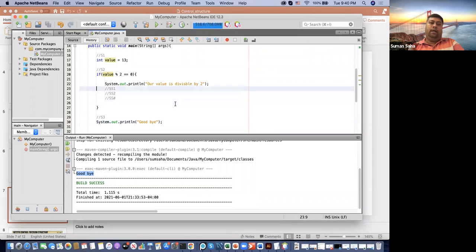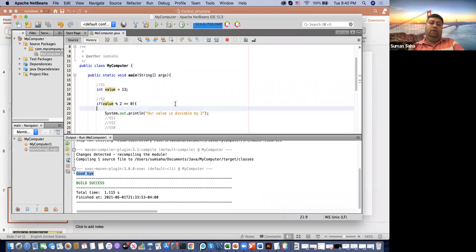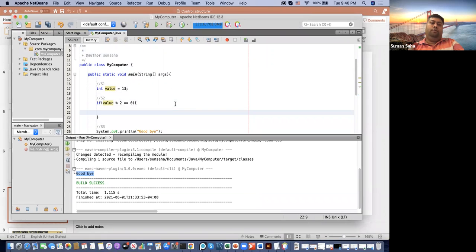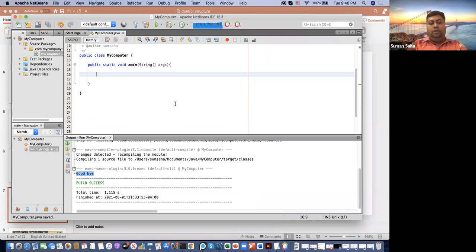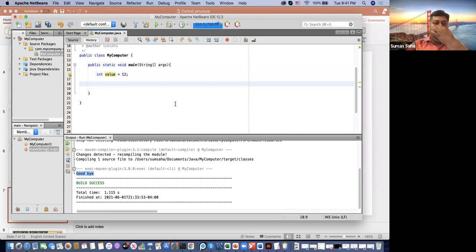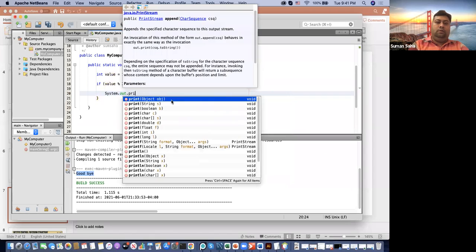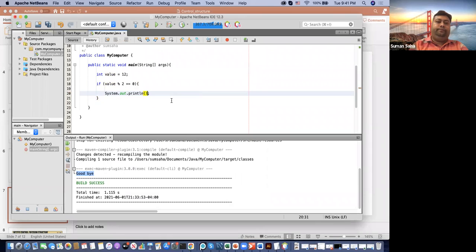Okay, let's write everything from the beginning. So we have a class, and we have a main function. In the main function, we have a variable called value, and we assign it 12. Now we have a condition: if value modulus 2 equal to 0, you print line,